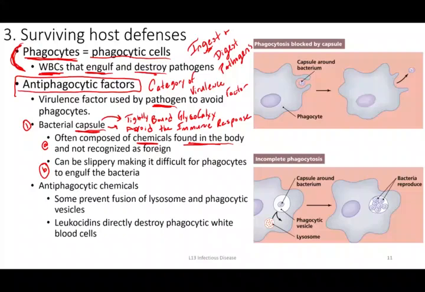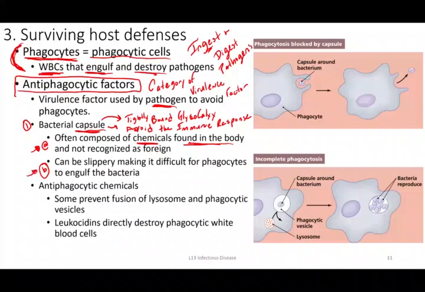So if you haven't thought about what immune cells have to do on a daily basis, they have to make a decision and decide, do we attack this cell or do we not attack this cell? And the goal is to not attack normal, healthy human cells and leave them alone, but it has to identify bacterial cells, especially pathogens, as being foreign and actually attack them and destroy them. And so if a bacteria is masking itself, cloaking itself in molecules to make it look more human-like, that's a much harder process to do. So that's what some bacteria do, and that's how their capsule works.